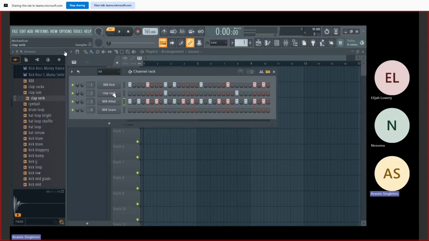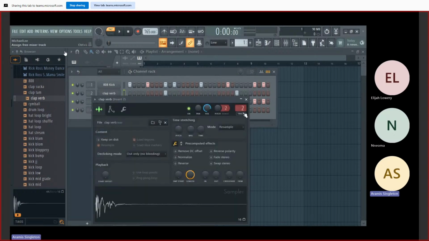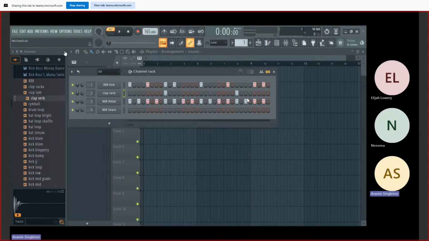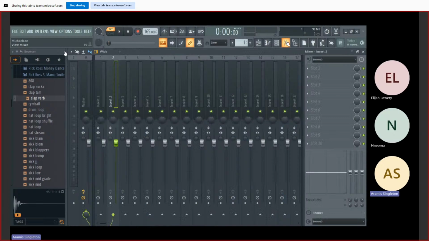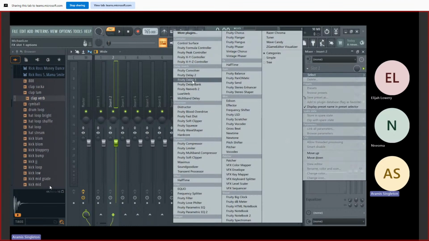So how I'm going to do that, I'm going to left click on this instrument. You see it says track 2, so I know it's on track 2. I'm going to X this out and go to my mixer, and you see it's already on insert 2. I'm going to go to slot 1. I am going to go to my